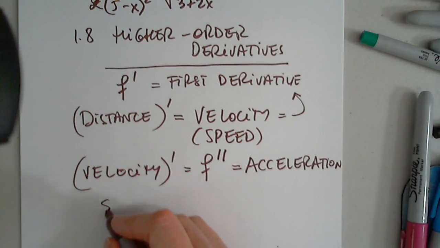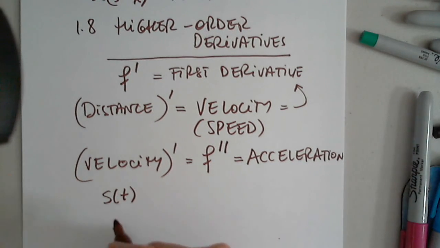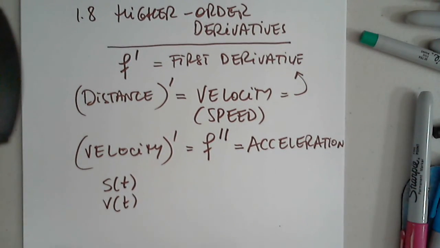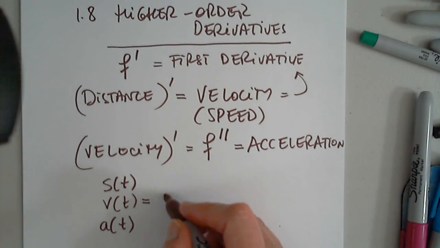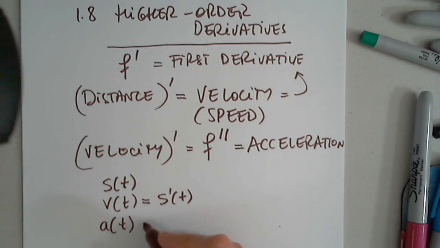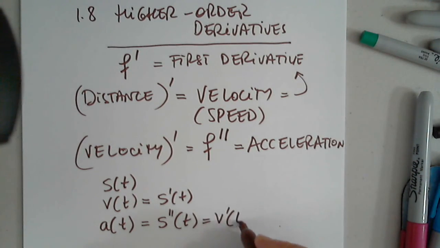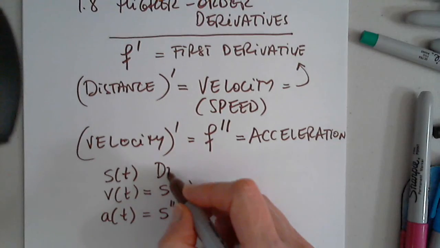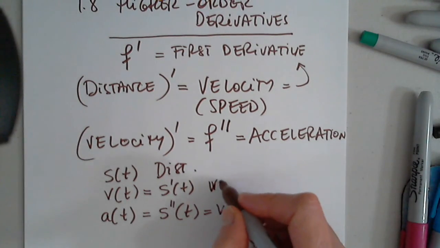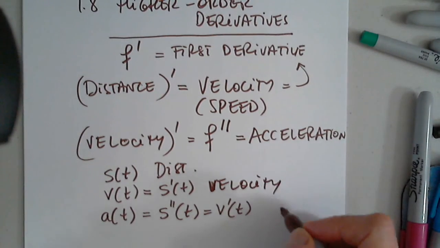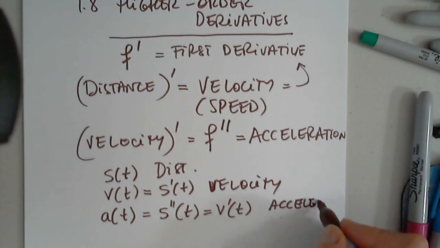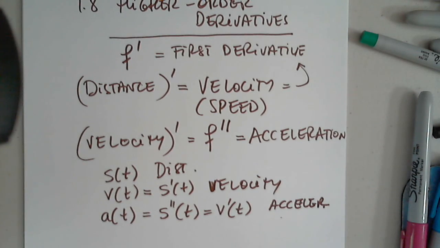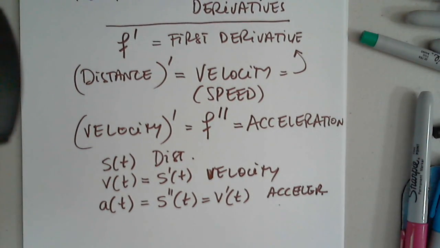So in short, if I have s of t, which is the distance, then I have v of t, which is the velocity, and a of t, which is the acceleration. This is s prime of t, and this could be either s double prime of t or the first derivative of the acceleration. So again, this is distance, this is velocity, acceleration. So let's look at a problem. Of course, we can be asked to determine the rate of change